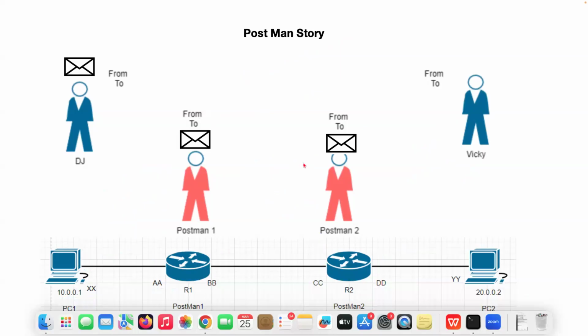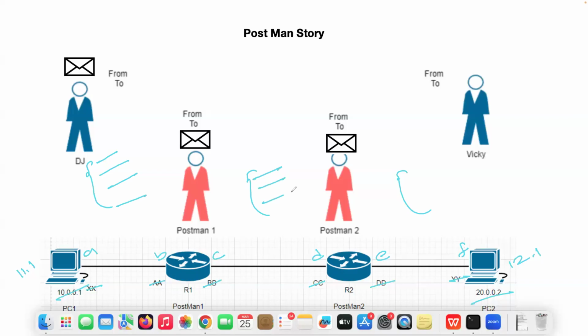Okay. Is it clear how router and switch work? Now imagine for 3 to 4 minutes, whatever I told, and write the information. Imagine this IP address is 11.0.0.1. Here it is 12.0.0.1. And imagine these MAC addresses as A, B, C, D, E, F, and write down in these places what the source IP, destination IP, source MAC, and destination MAC will be. Understood what I said? Write it.